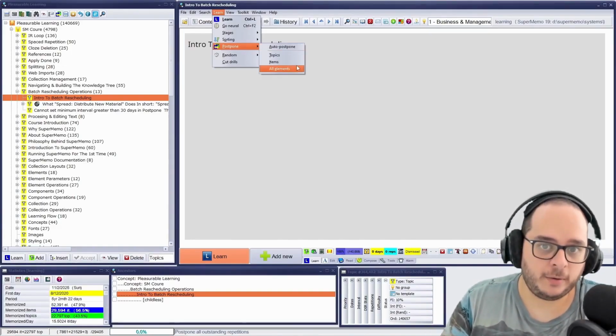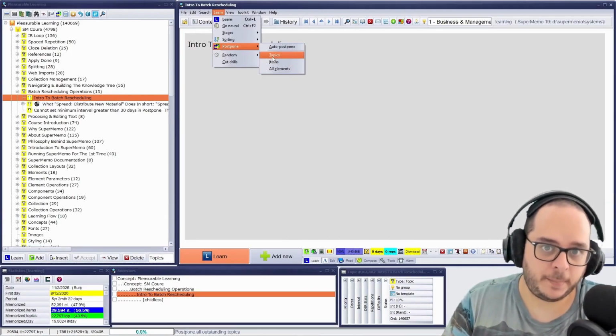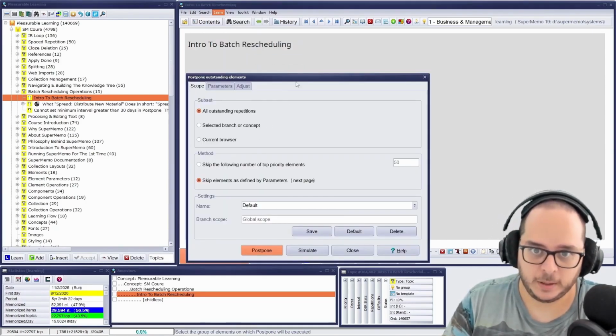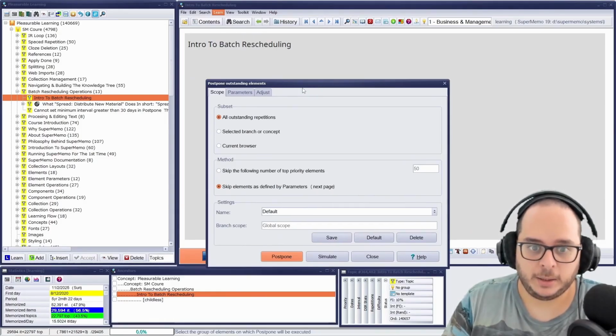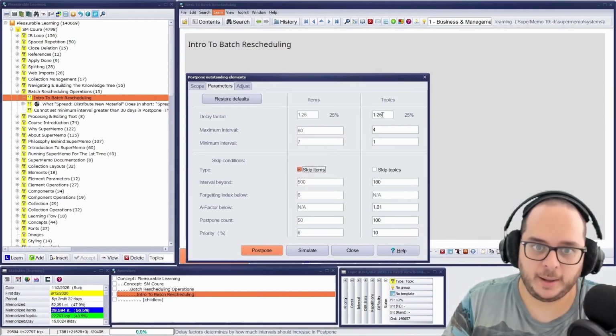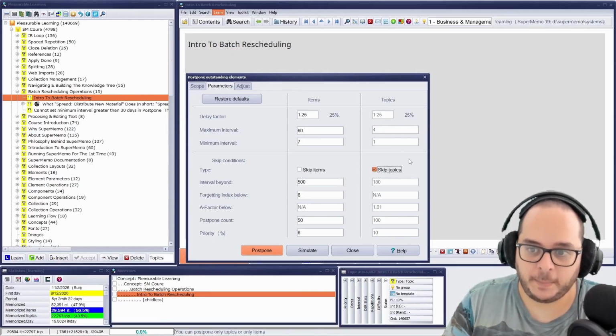We can have all of the elements, just the topics, just the items, but any of the options you choose will go to the same place, to this dialog. The only thing that changes is this. Do you see? Now I'm only postponing topics. Now I'm only skipping items, because this means skipping the postponing.